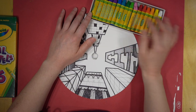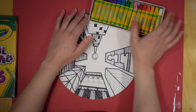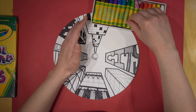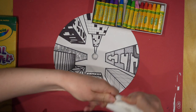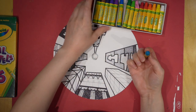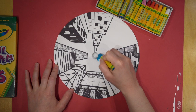Okay, now for nighttime, like I said before, I don't want any green. The reds, the yellows, the oranges, those are more for sunset time, so I'm just going to do a nighttime sky. I'm going to start with my lightest color blue and work outward until I have a super duper dark on the outside. So again, starting with this lightest color, and you're going to want to go in and out and in and out